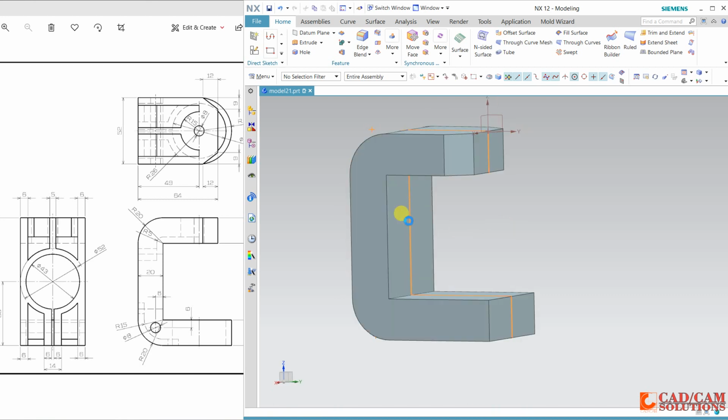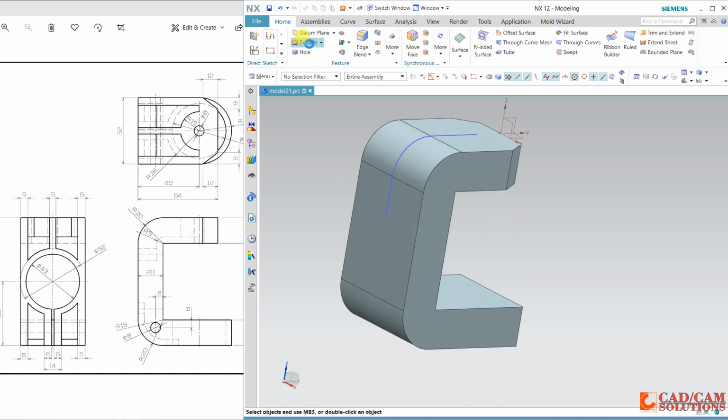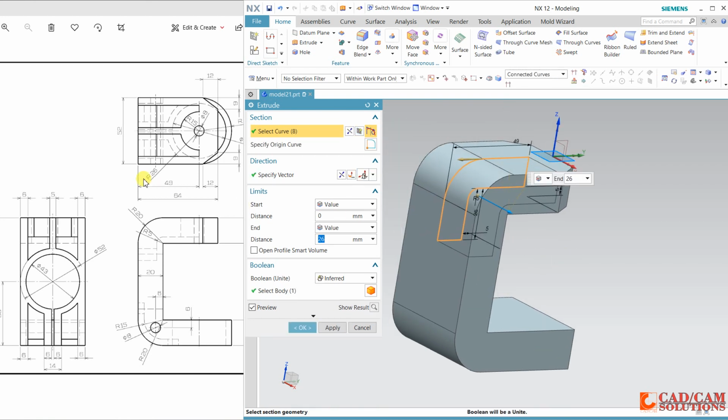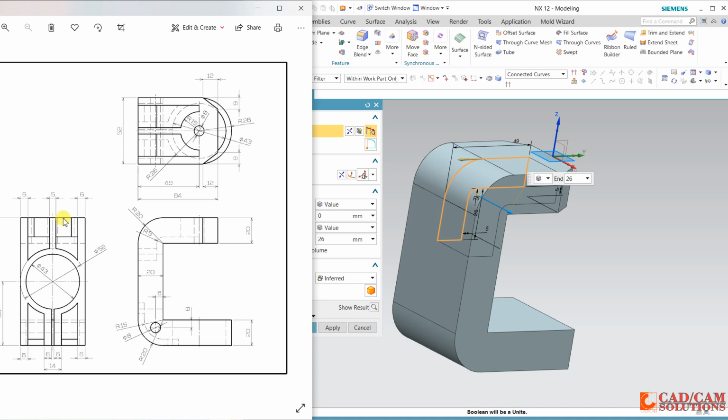Hide this inner one and extrude this, and here we have 6, 6 and 5. The total is 52. 52 minus 20, 62 minus 17.